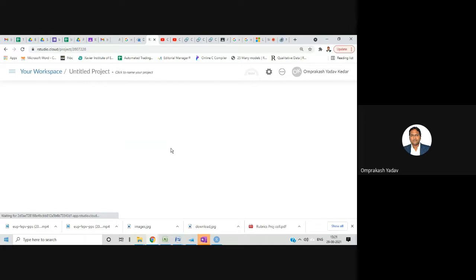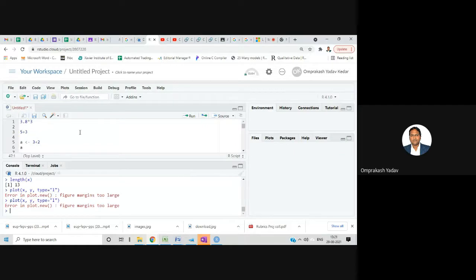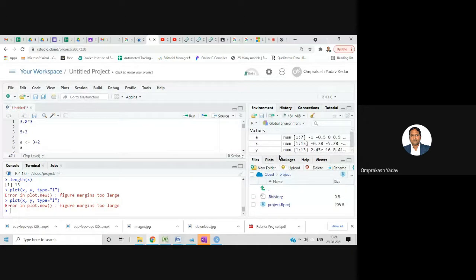Now it's your choice where you want to work, whether on the cloud or on the software, but you should know both ways.